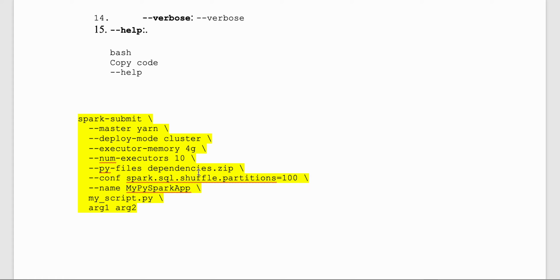This is your Python file with a dependency. Then under the conf file you write spark.sql.shuffle.partitions, so you want the partitions equal to 100, you write like that. In the conf itself you can also write things like overhead, broadcast join, or maximum size. Whatever requirement you have, you can write that. Then you can pass the name as a pyspark application, and this is your Python script file, my_script.py, and then you can pass the arguments for your